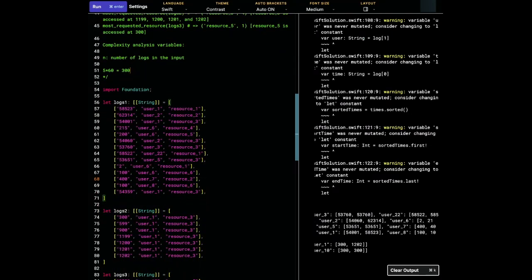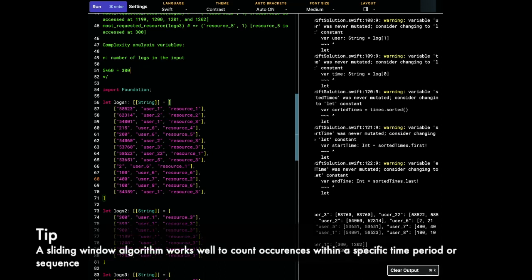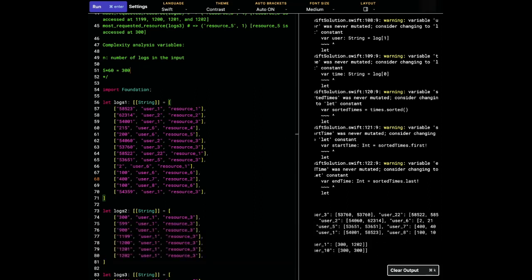Asking to write a function that takes the logs and returns the resource with the highest number. Oh, it's asking about resources, not user. Yeah. So it'd be a hash table of resources and then access times, and then returns the resource with the highest number of accesses in any 5-minute window. So it'd be resource as key, value as an array of sorted access times, and then a sliding window to figure out the highest frequency for that specific number of accesses. And then you want to return the,